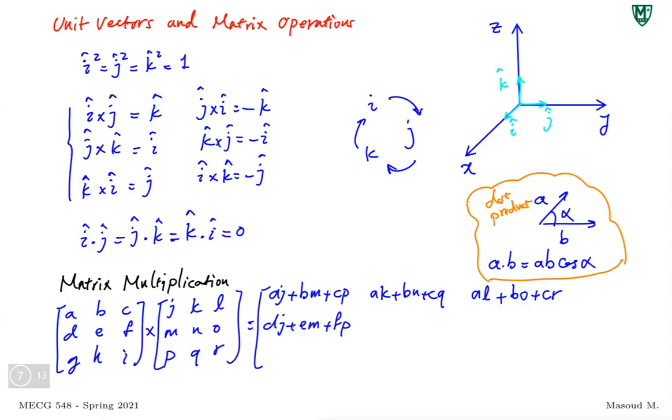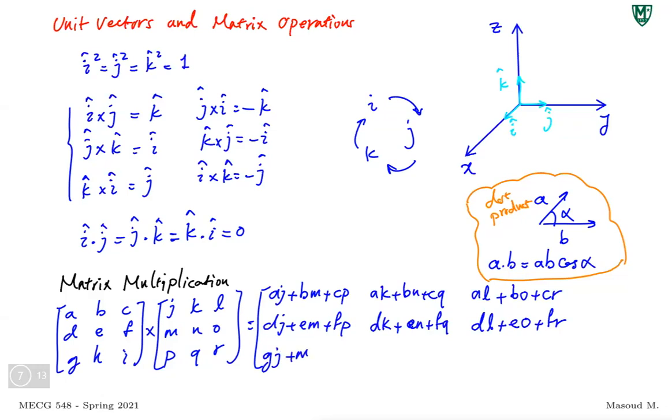Second row of the first matrix, second column of the second matrix gives you the second row, second column of the result or the final matrix. So this gives you DK plus EN plus FQ. Last one, DL plus EO plus FR. Third row from the first matrix, multiply the first column of the second matrix, GJ